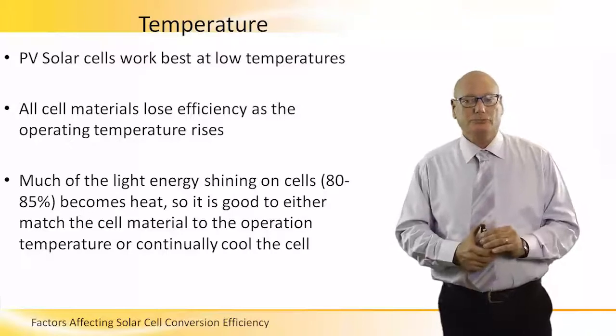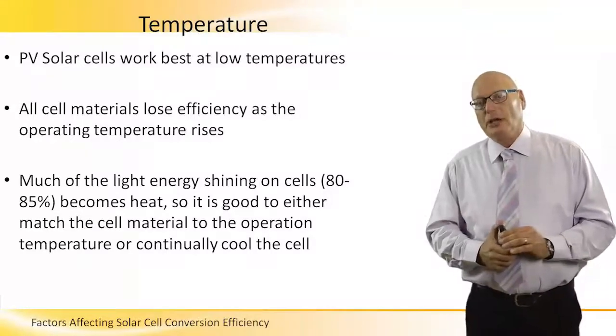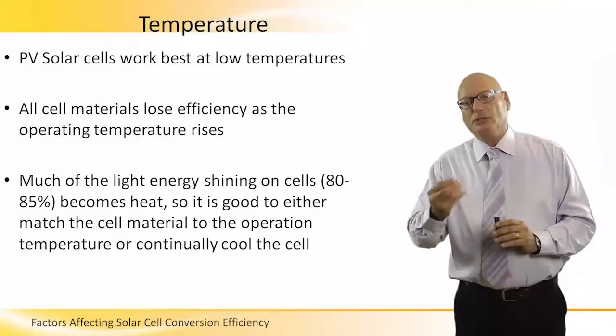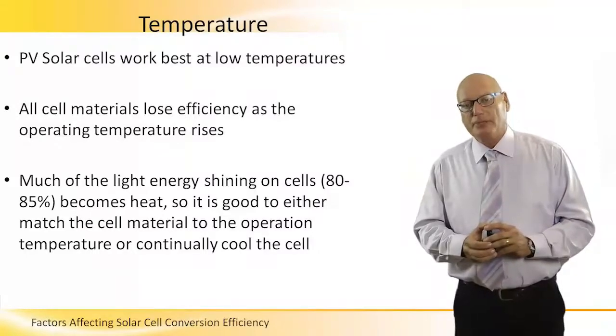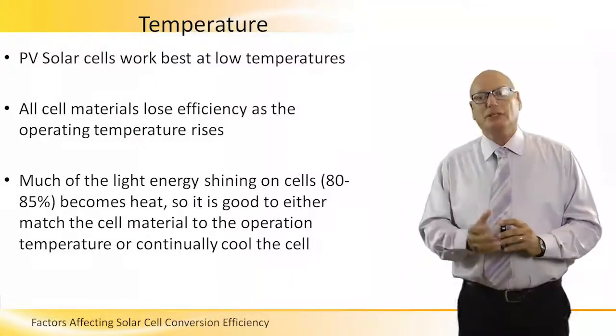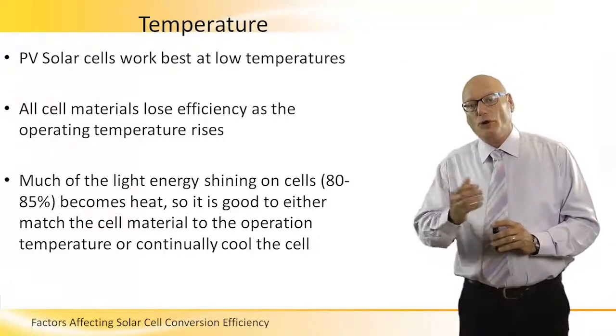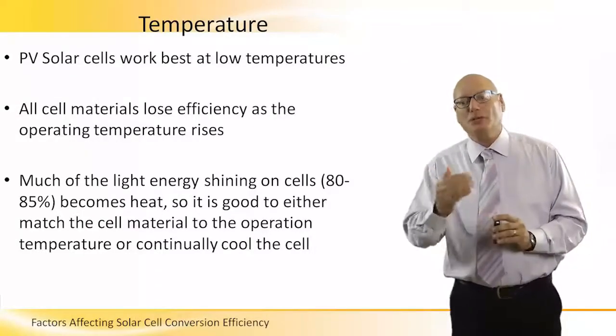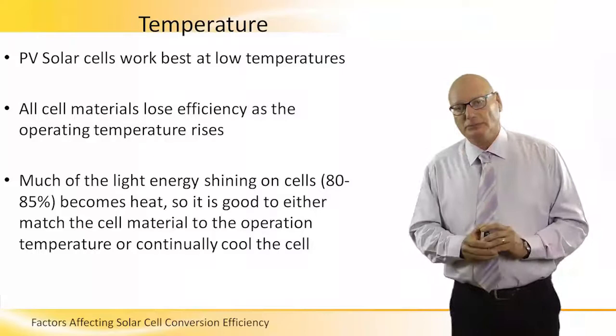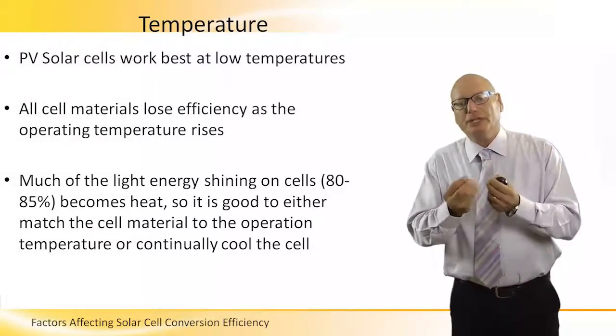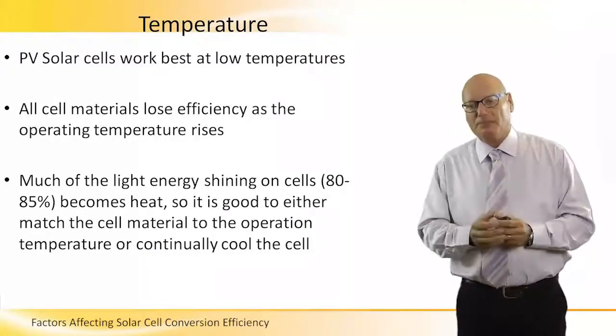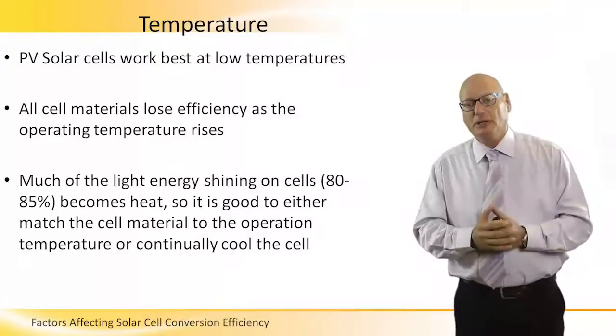Temperature. Very, very important efficiency loss factor. PV cells work best at low temperatures. All cell materials lose efficiency as the operating temperature rises. Much of the light energy shining on the cell, 80 to 85%, becomes heat,